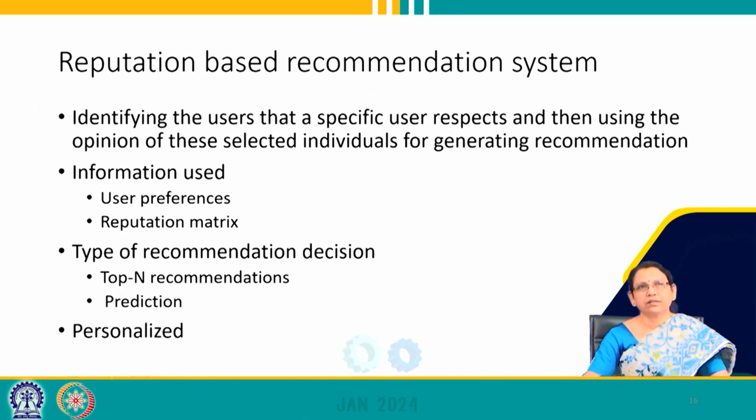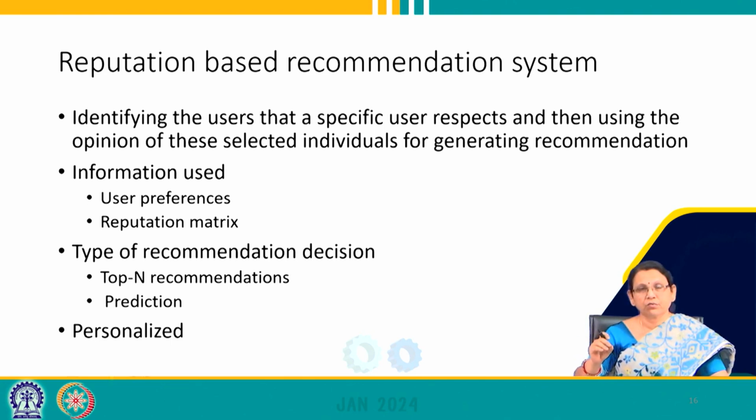Then comes the reputation. It is similar to the trust based system, where you use a certain kind of reputation matrix. Reputation basically tells how you respect another user. Respecting in the sense that, most of the time, you refer the user. So, either you have to explicitly give this reputation matrix for how you are respecting other users, or this can be implicitly derived from the social network